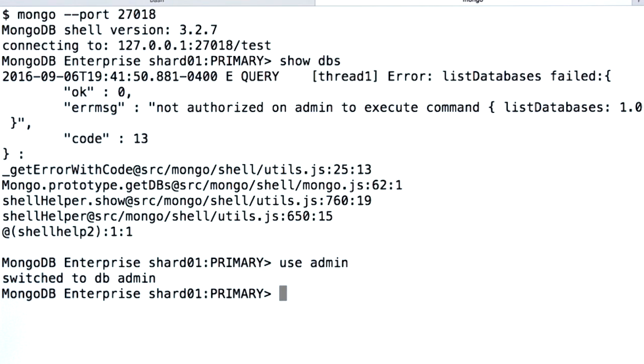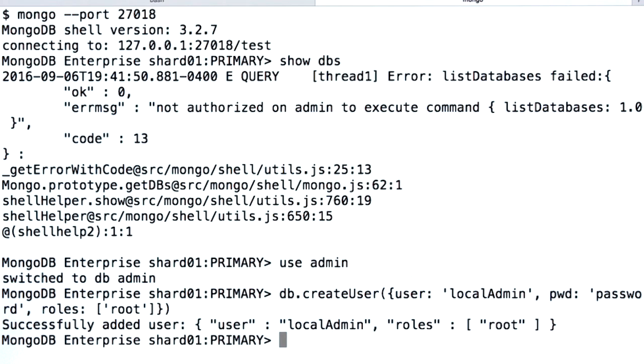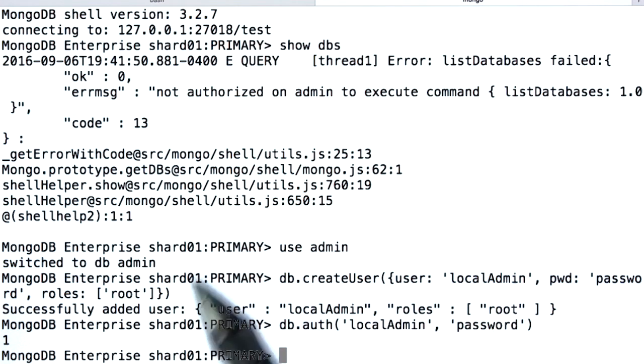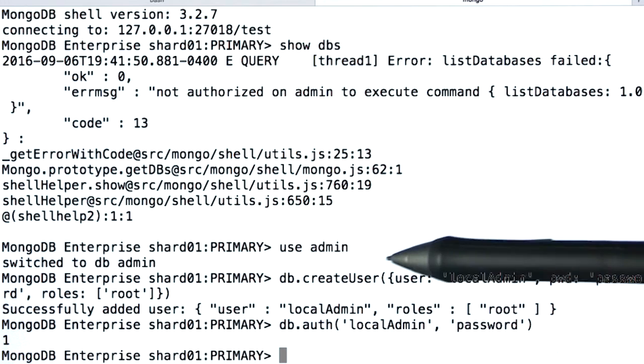So that means that the localhost exception still applies if I'm connected locally, which means I can just create a user. So in this case, I can just create this local admin user who is a root user, and now I can authenticate against them. And now I have access to any information that I want on this shard. It's important to realize that this gotcha exists, and it's probably a good idea to disable the localhost exception on